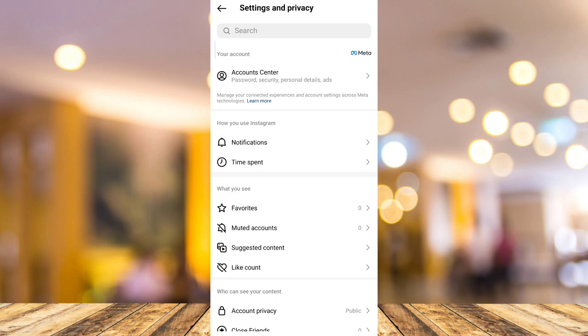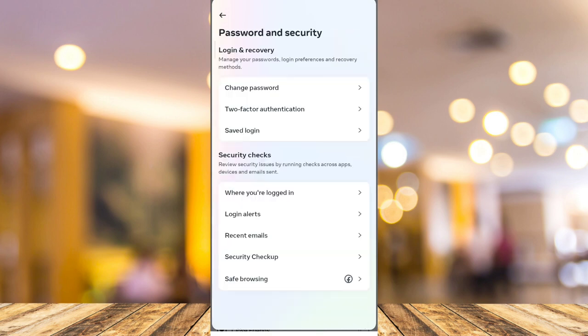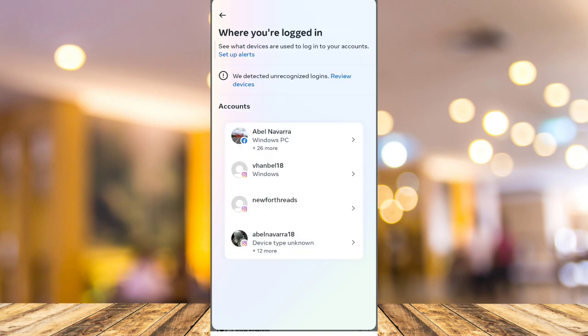Now under your settings and privacy, tap on account center. Then here, you can see your account center. Under the account settings, tap on this password and security. So once you tap this option here, just need to go here under security checks, tap on this where you're logged in. And then right over here, you just need to tap on the account that you want to see